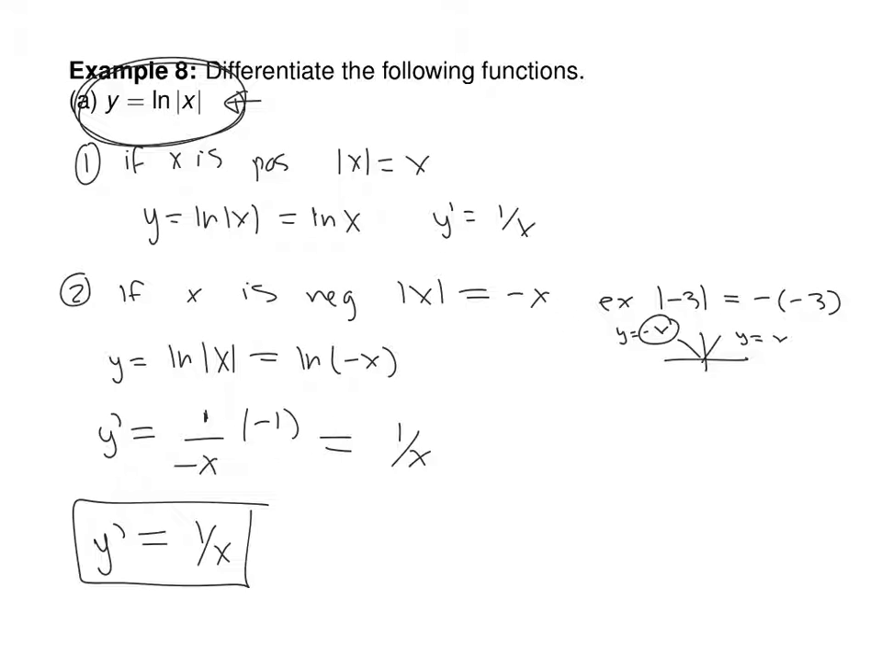The reason why it's just 1 over x is a bit technical, but the moral of the story is the absolute value bars go away, and that's not a lie. So the ABSs go